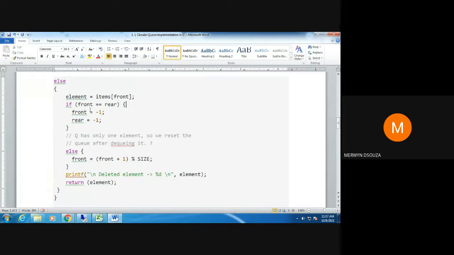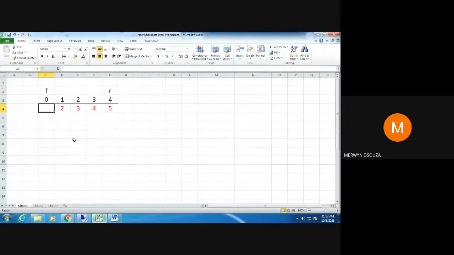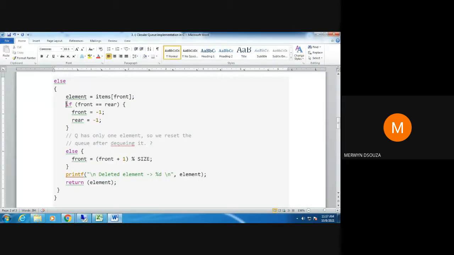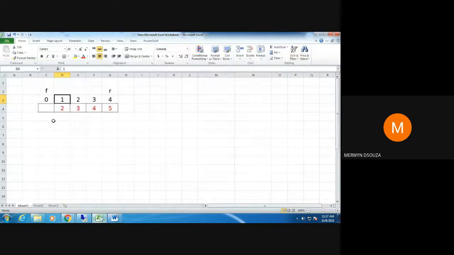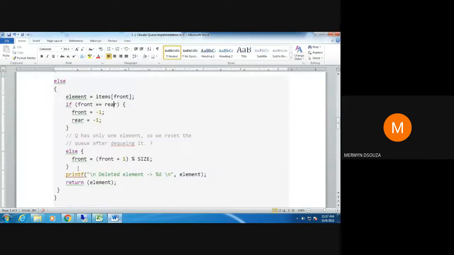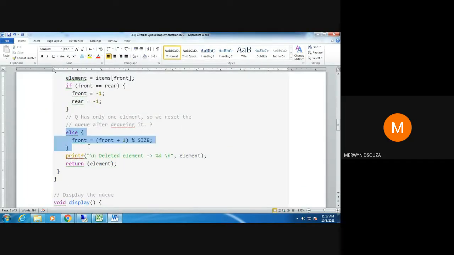Next, now what I need to do, when I deleted this element, front should go to the index 1. So for that I'm having these various conditions. First I check whether the value of front is equal to rear. No, it is not true. The value of front is not equal to rear, so I go to the else part. In the else part, again I'm having this formula to move the pointer front.